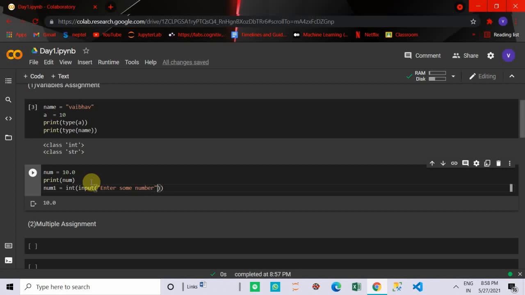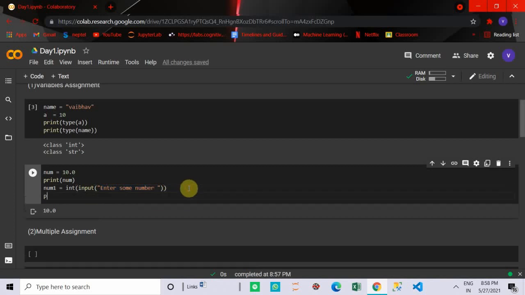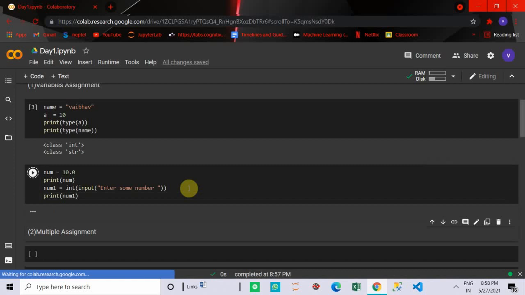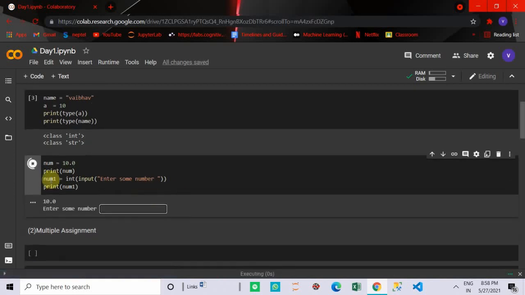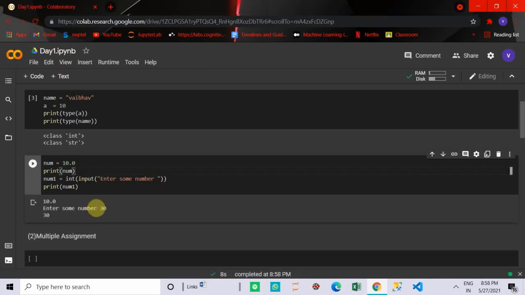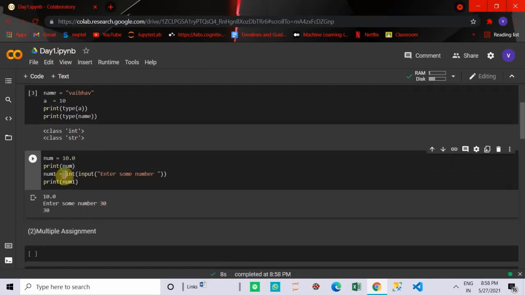So this is what we will get in the console. Now we can print the value just by typing the print function, print number. First of all, 10 is printed due to statement number 2, and then enter some number. Suppose this is 30, so this will be printed as 30. We will discuss the input function later.